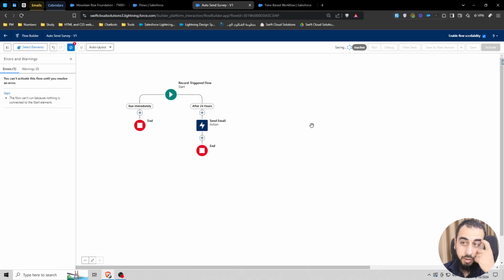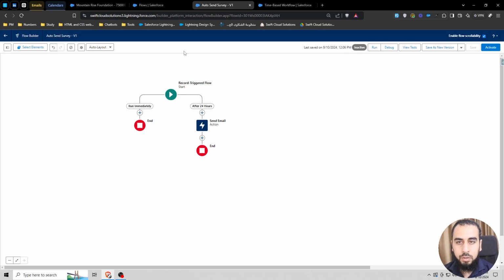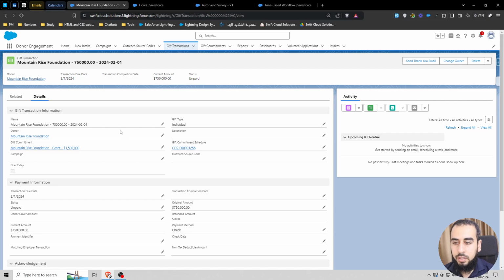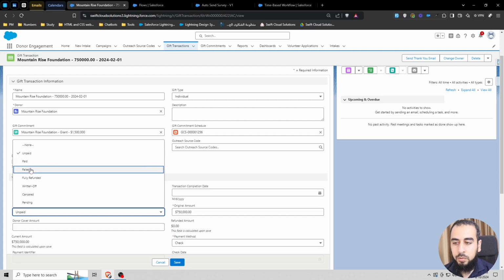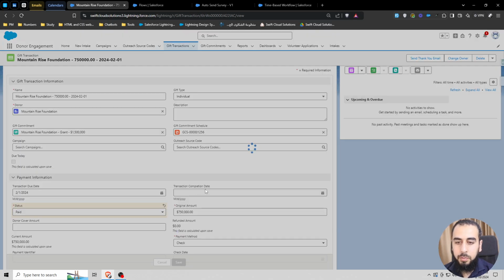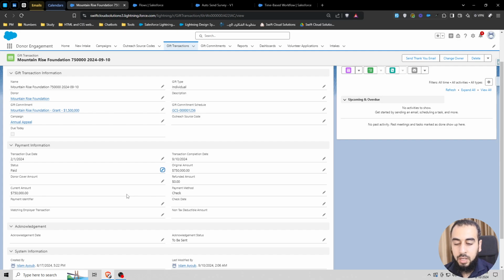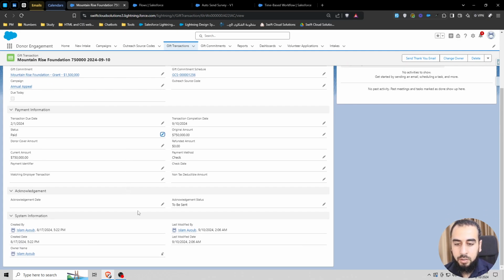Okay, so now that we have built it, we would like to test that. So we can do one thing. Let's activate it for a second, and let's go ahead and update this record to paid. We're going to need to populate the transaction here. What should happen now is after 24 hours from the last modified date, which is after now, it should be